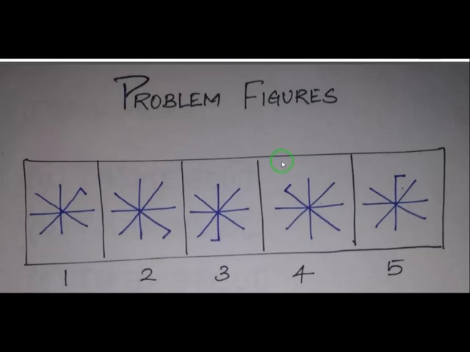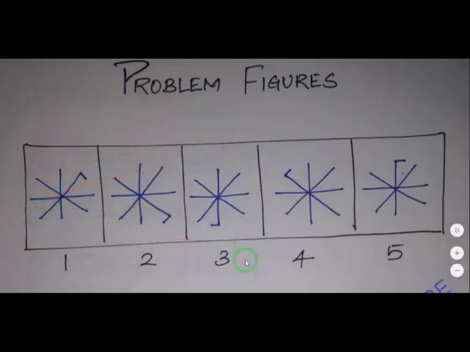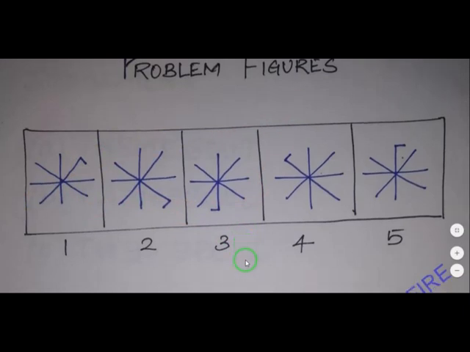Here, the visual reasoning gives problem figures. Now we are going to solve this problem using a small technique. We never use angles and clockwise and anti-clockwise here. Here they have given 5 images for you. First of all, you have to assume the angles as a line. Here the image looks like an asterisk.